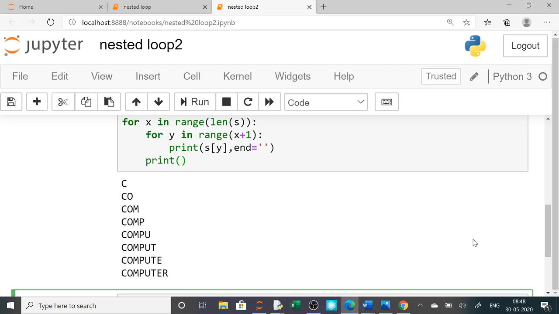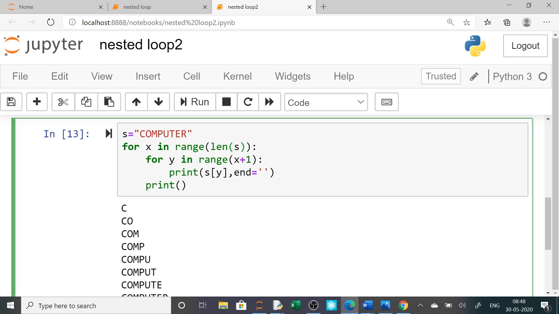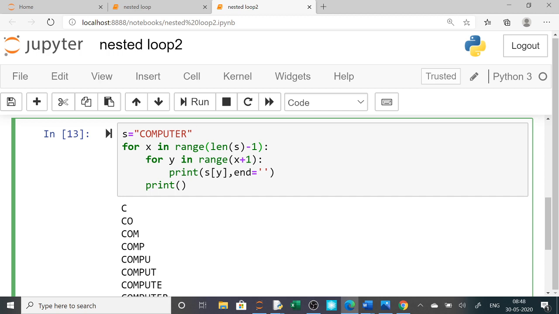Clear? So now next one, suppose I want to write a reverse pattern, then what I have to do for a reverse pattern? Simply here I will start with the length and I will, so here length minus 1, I have to start from the last value, and then I will go till 0 value or 0 minus 1, because 1 less I have to write here, and then I have to write here minus 1.